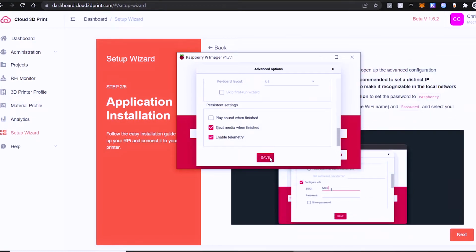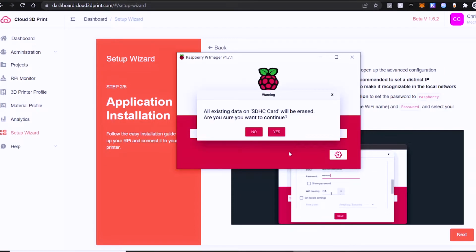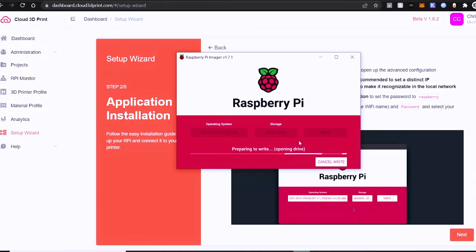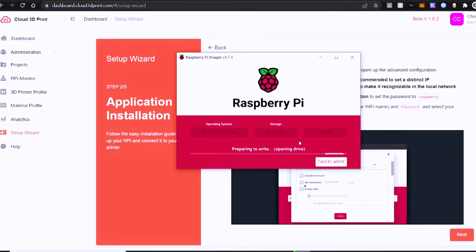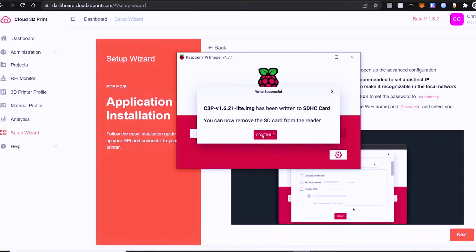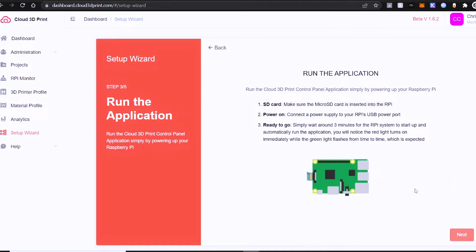Once you're done, press save, then just simply hit write, and this is going to start the imaging process for that SD card. This will take a few minutes, just watch the progress bar, and after a few minutes, you'll be presented with a prompt that tells you the process is complete. Now you can press continue, you can close the Raspberry Pi imager, hit next in your Cloud 3D Print dashboard,